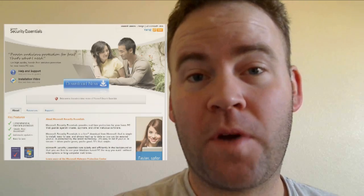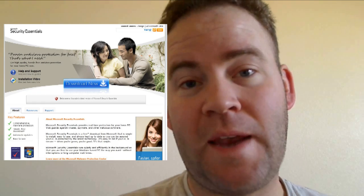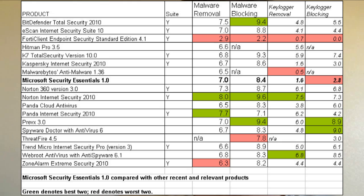It looks like those years of wondering why Microsoft hasn't released a decent free antivirus package are over. They have finally released a program called Microsoft Security Essentials, and I checked it out. It's not too bad. If you take a look at this chart that compares antivirus programs, you'll see that the Security Essentials package does pretty well and holds its own against malware removal and malware blocking, comparing quite nicely to paid suites such as Norton Internet Security 2010 and Panda Internet Security. In fact, it beats Panda Internet Security in...